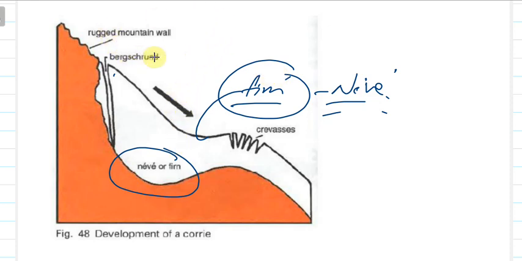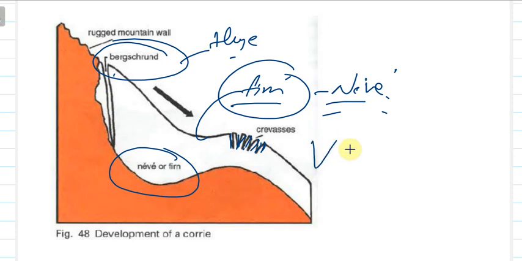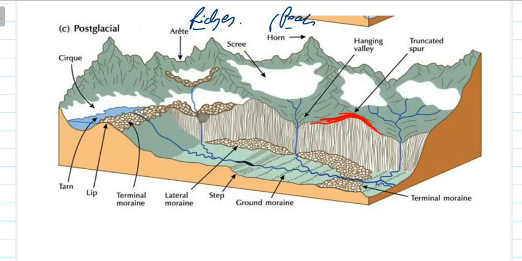ओके, देन देयर इज बर्गश्रंड, a huge crevasse. ठीक है, क्रेवास ये क्या होते हैं? फ्रैक्चर्स होते हैं, राइट? Crevasses on the top of the glacier, deep fractures are there. और बर्गश्रंड क्या होते हैं? हेड, मतलब ये जो आपका यहाँ पे आपका क्या बनेगा? सर्क बनेगा एक तरीके का. तो सर्क के पास में एक जो लार्ज डीप फ्रैक्चर रहता है, लार्ज डीप क्रेवास रहता है, उसको हम बोलते हैं बर्गश्रंड. ओके,